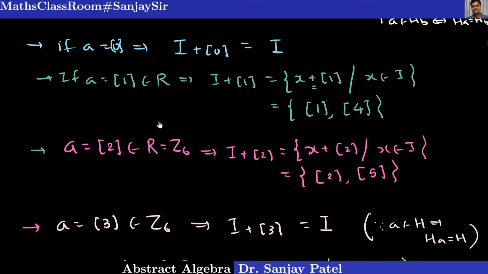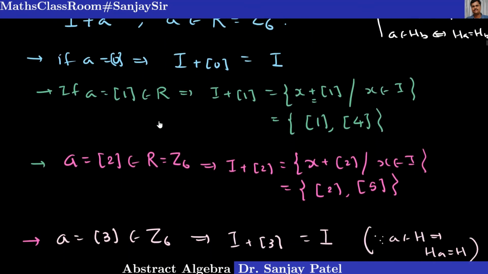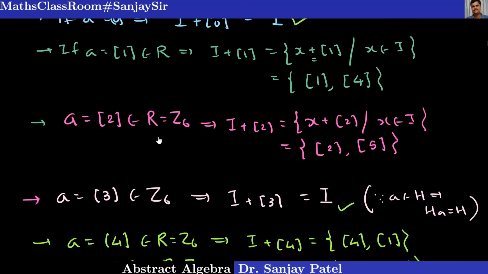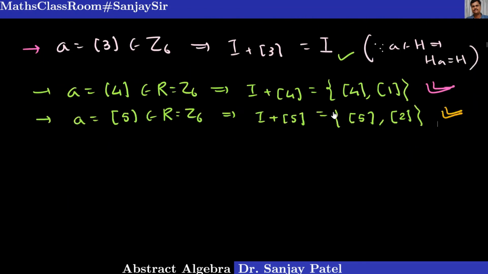So just observe how many of these cosets are distinct. Here we are getting I, and here also I. So these two are the same. Then these two cosets are the same, this and I plus 4. And finally, I plus class 2 is the same as I plus class 5. So just note that